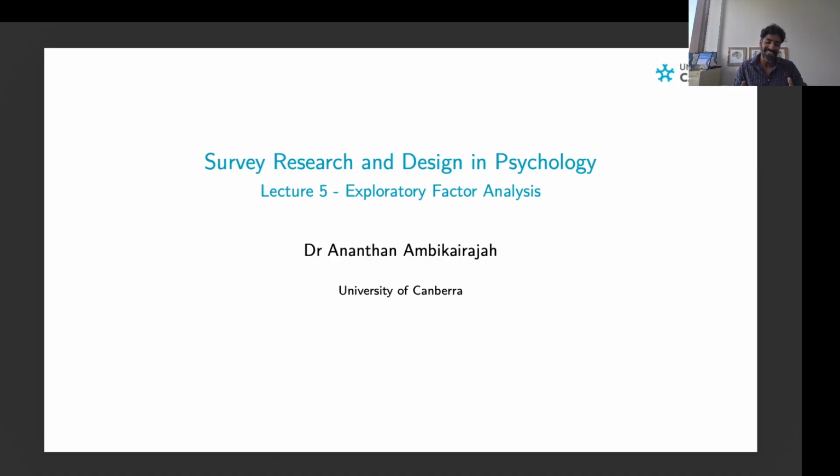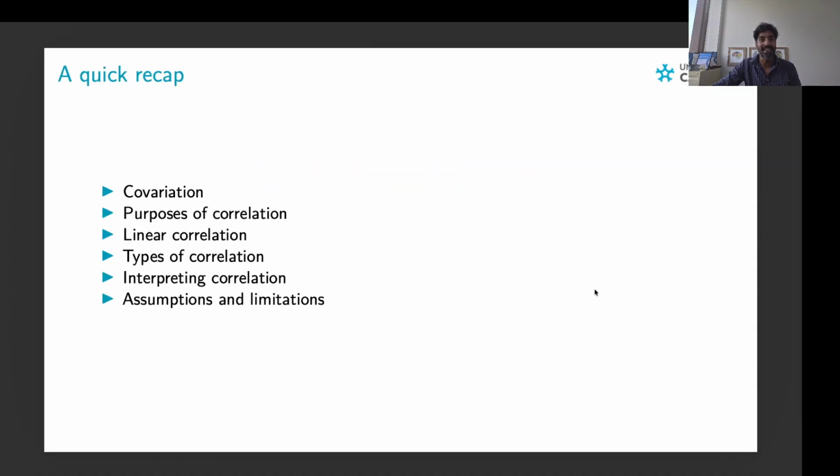So that's the goal, and you'll walk away being more knowledgeable about what exploratory factor analysis is and maybe more appreciative of why it works the way it works and why it's important. But before we get into that, let's talk about what we discussed in the last lecture, which was really all about covariation. And we started off really with an understanding of variance and the spread of data points around, say,